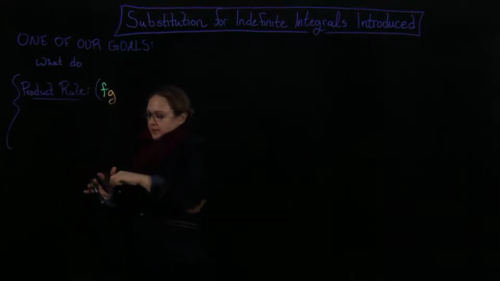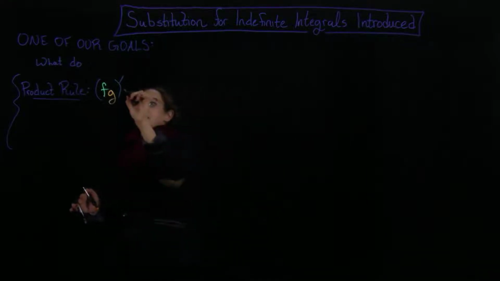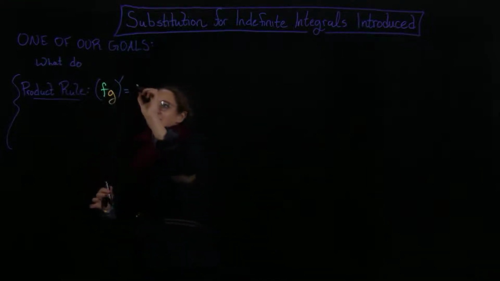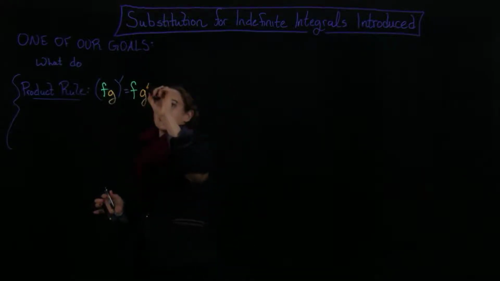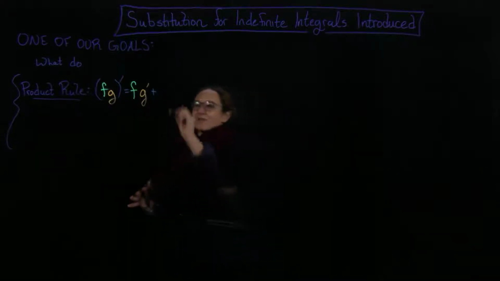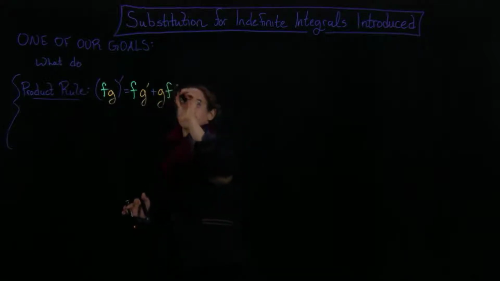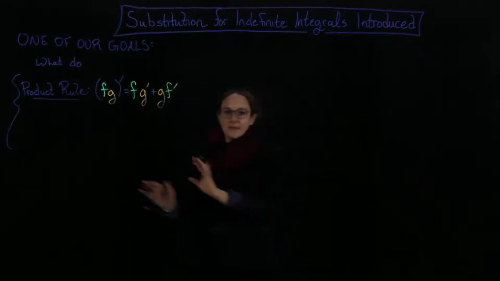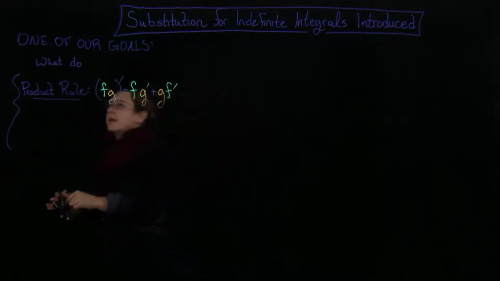So I have the product and I take the derivative of a product. And that equals: I take the first function without doing anything to it, and then I take the derivative of the second function, and then I add to that what would happen if I took the second function and multiplied it by the derivative of the first. Okay, and that's the product rule. We've known that for a little while now. The other rule,